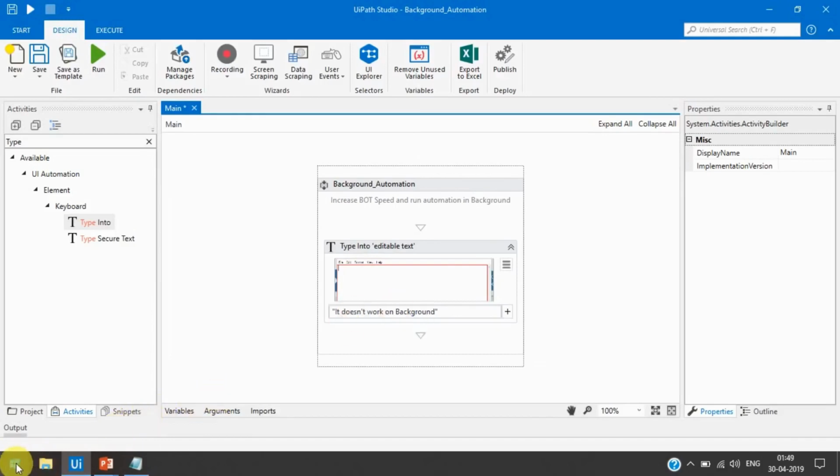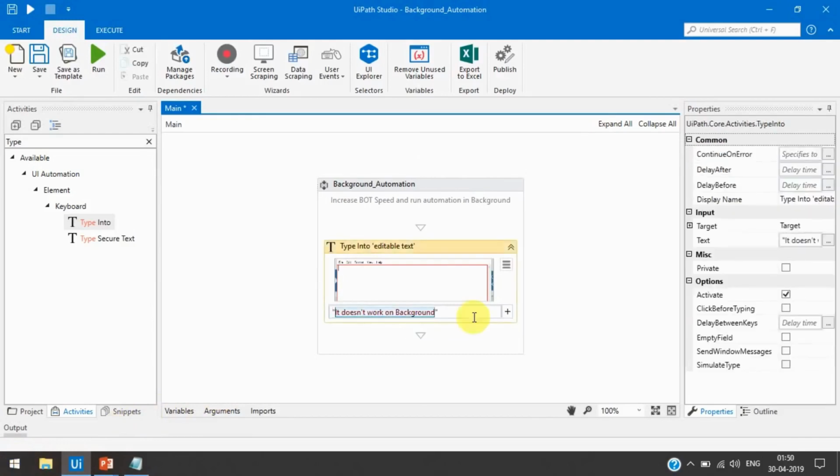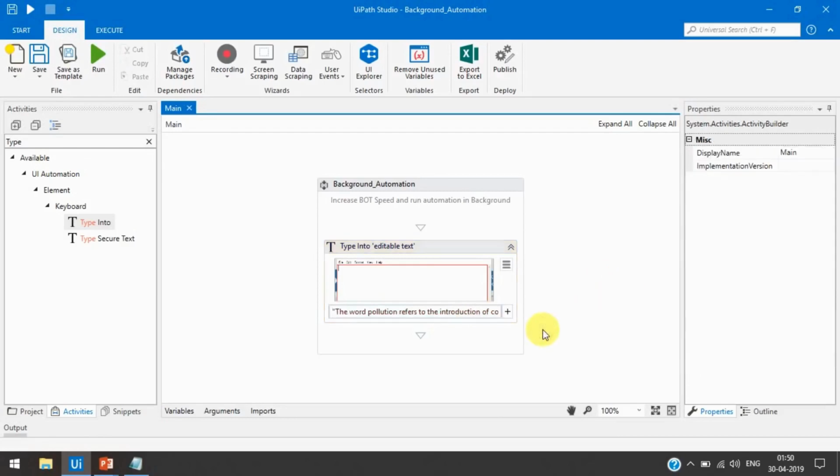I'll take 50 words from Google and paste these 50 to 100 words here. Now let's run this, and you can compare the time and speed with the other methods.